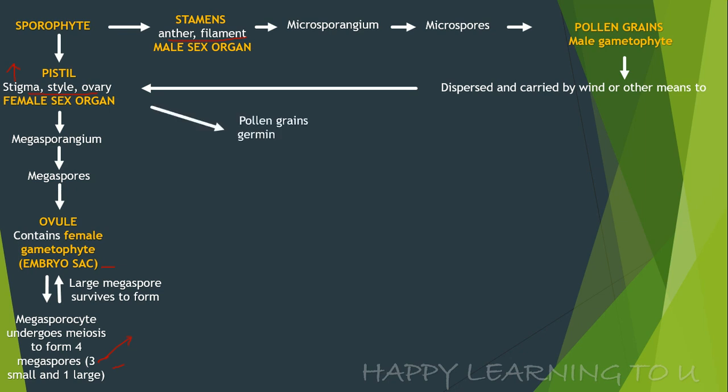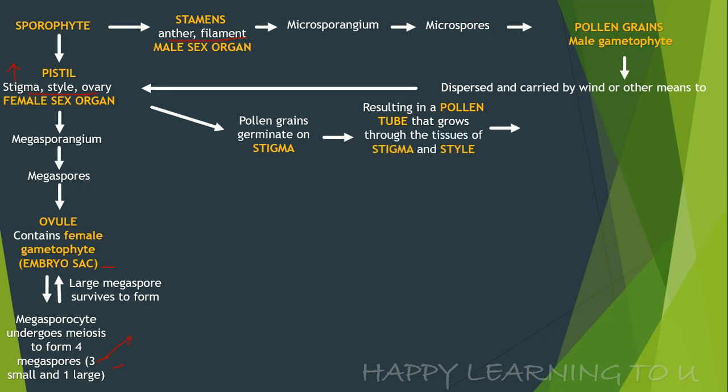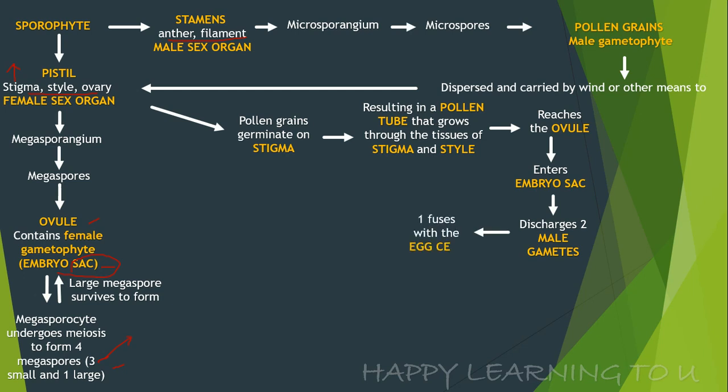Here the pollen grains germinate on the stigma, resulting in the formation of a pollen tube which grows through the tissues of the stigma and style and reaches the ovule. From here it enters the embryo sac. It enters this embryo sac, which is present inside the ovules. Here it discharges 2 male gametes, of which one fuses with the egg cell,